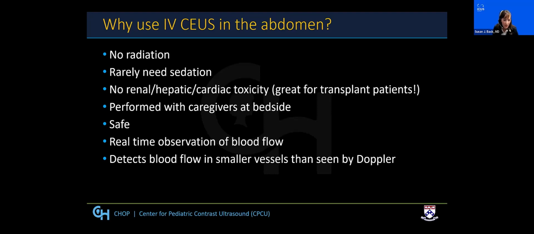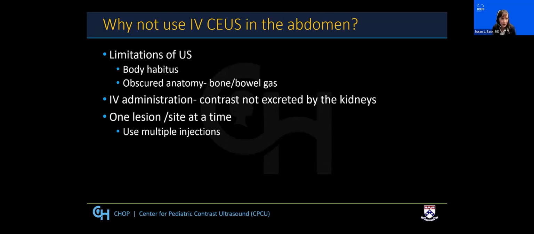It allows the real-time observation of blood flow, which gives a temporal resolution which is superior to CT and MRI imaging. And it helps us see the blood flow in vessels that are smaller than what we can see by Doppler. There are some reasons why you might choose not to use ultrasound contrast, and those relate to